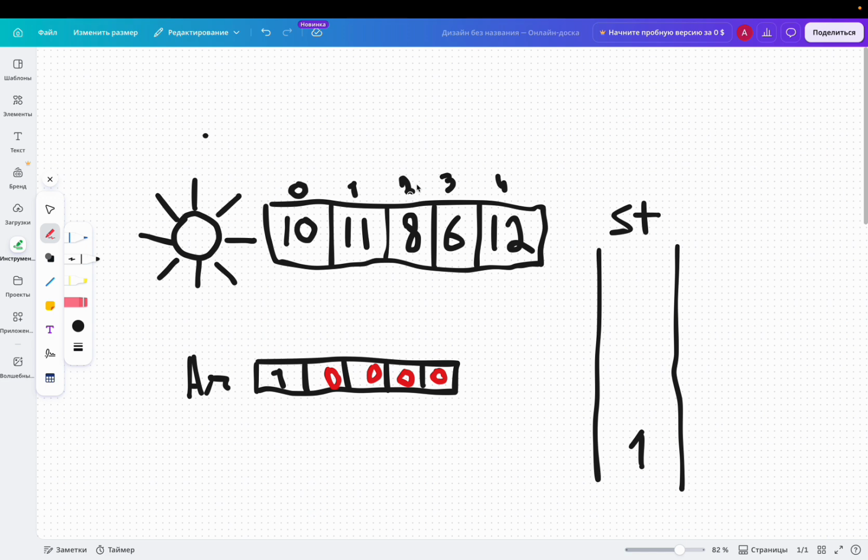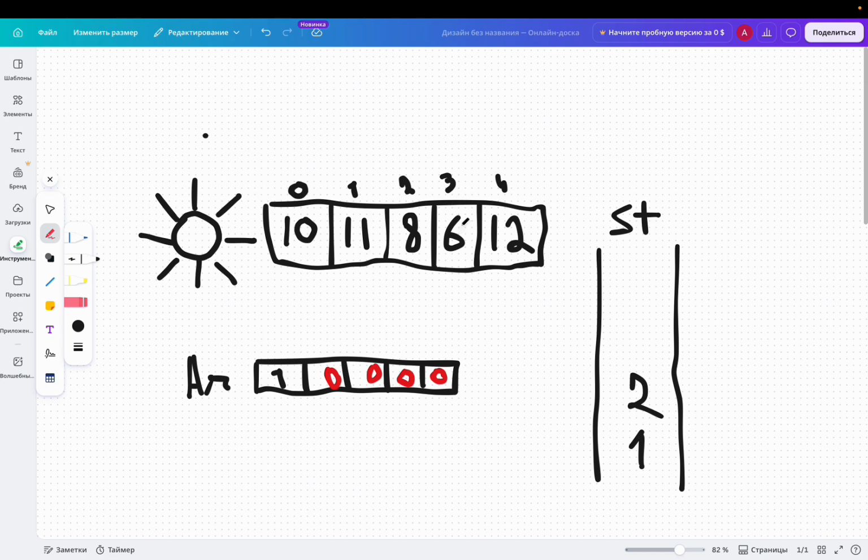Now here we have temperature 8, and we want to check if this temperature is greater than the temperature from our stack, and we can see that 8 is greater than 11, which means that we still haven't found a temperature which is warmer than 11, and we need to search for the temperature which is greater than 8. So we place 2 inside our stack, and we move to the next element with index 3, and